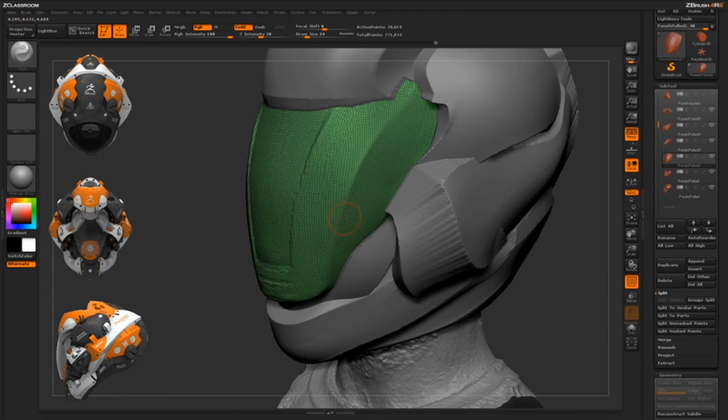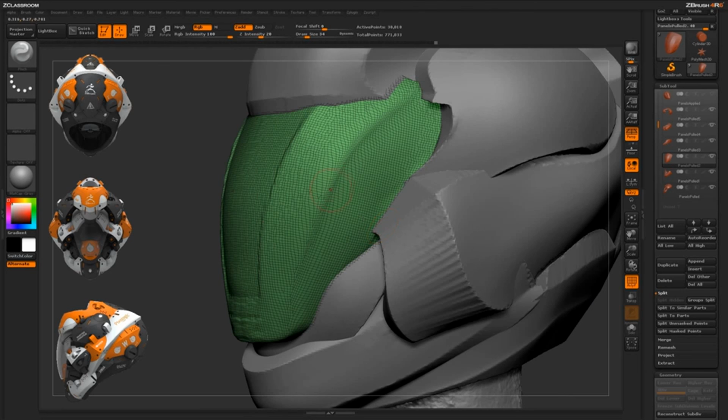So if I turn on the polyframes here, you can see I have pretty even distribution of polygons still. So the H polish and the clay buildup don't really change that underlying structure too much. It literally just is conforming outwards from the surface. But now that I have this pinch brush selected, if I click and start dragging through that, you can start seeing the topology changes, right? So it's taking those areas of those polygons and pinching them together